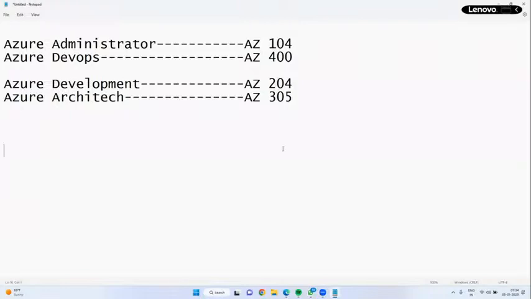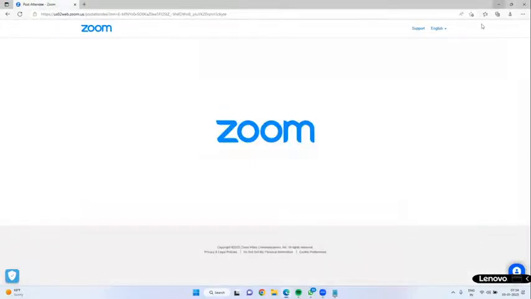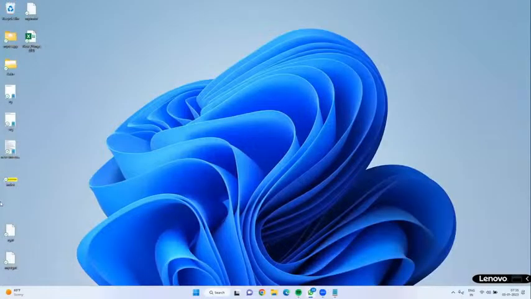GCP is far behind right now and is not leading, because at this point it doesn't have much demand in the market. Most of the market, about 80%, is occupied by Microsoft and AWS. I say Microsoft is a leader because they are implementing so many components and drastic changes. You can Google Azure's market share. I am not telling you as a faculty, I'm a working employee, so you can get more information.